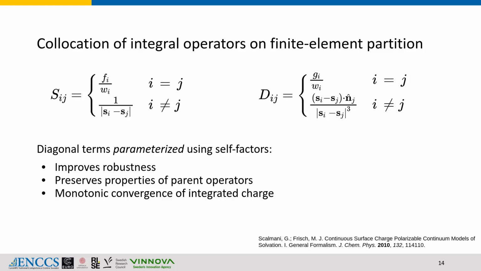Of course, if the point is the same, so if I'm looking at self-interaction, these formulas will explode because this is 1 over r and this is 1 over r squared. So I need to do some form of parameterization. And I use a formula that Salmani and Fish proposed for the implementation in Gaussian. And using these factors, Fi and Gi, even though they're parameterized using some discretization formula on a single sphere, they give results that are actually quite robust, meaning that even if I have a complicated topology, I don't get